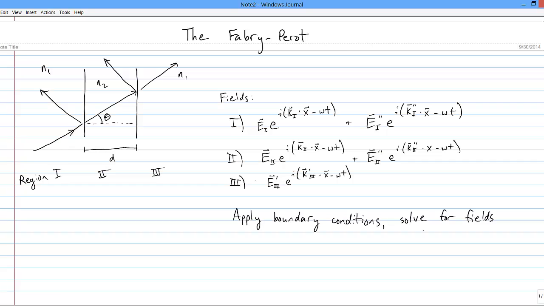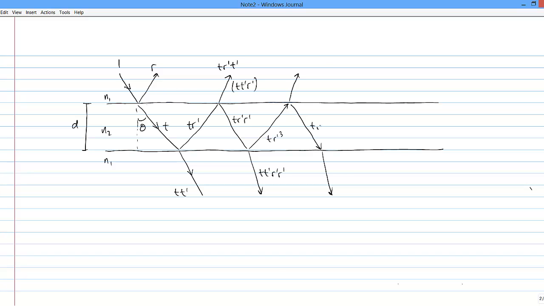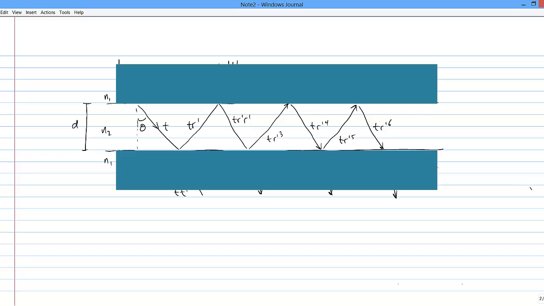But in the interest of expanding our bag of tricks, let's see how to deal with the problem using more of a ray optics approach. Here's the Fabry Perot again, turned on its side, with all the multiple reflections tracked. A ray comes in from the upper left, making some angle with the normal, and we'll say it has unit amplitude. The Fabry Perot itself is two slabs of material with index N1, and a gap of width d with